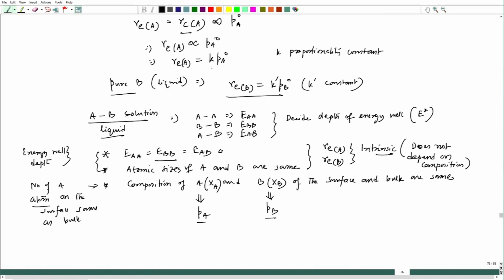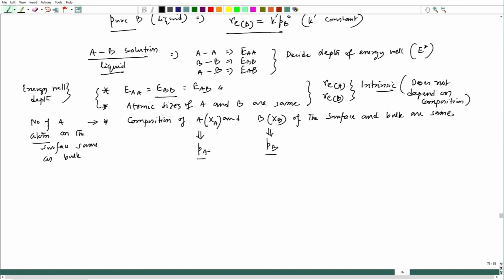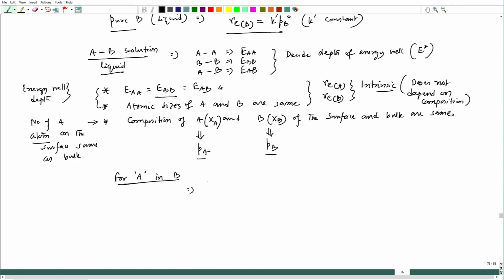Now, in case of A in B, we know that the number of A atoms on the surface would be the same as in the bulk, and whether the A atom has more B neighbors or more A neighbors, the energy well height remains the same. So, that would actually reduce